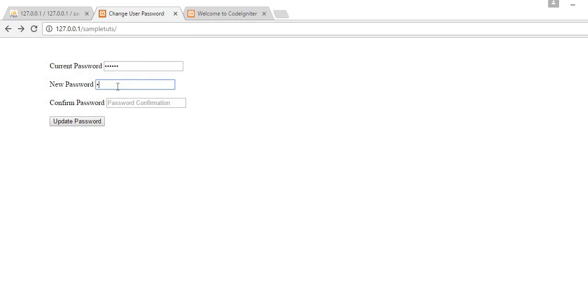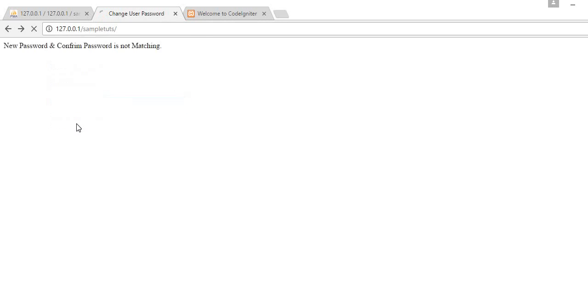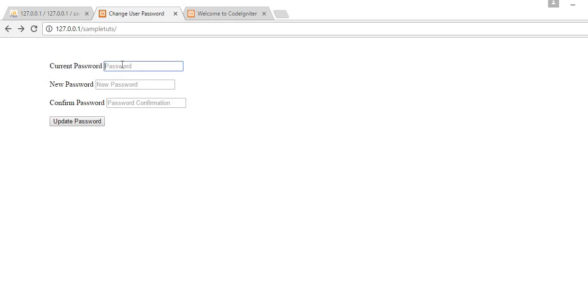Now I will type in the correct password, then new password, and now I will type in the wrong confirm password. I click on update, then it will show me new password and confirm password is not matching. And finally, at last I will type in my current password and new password